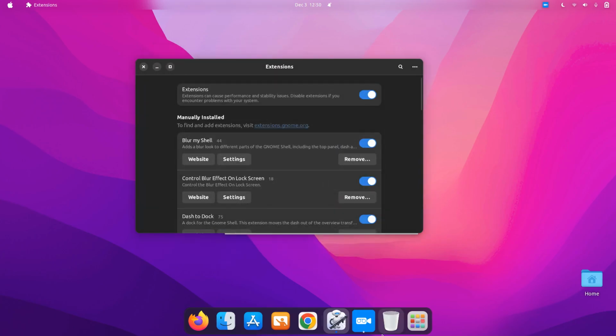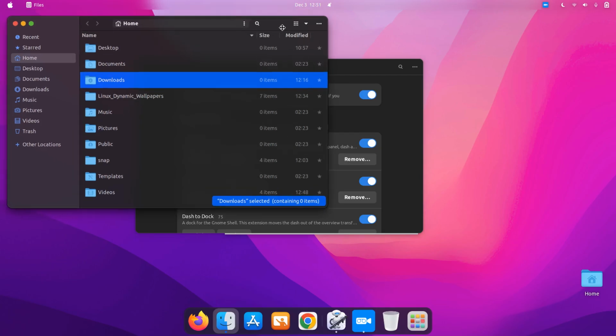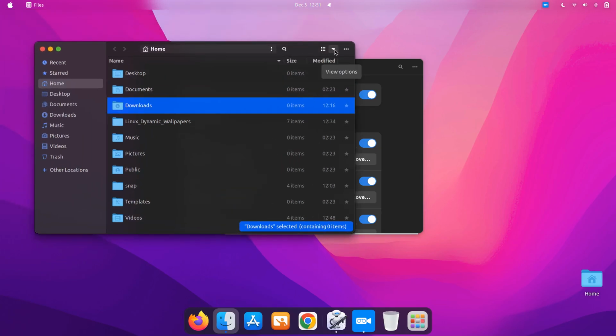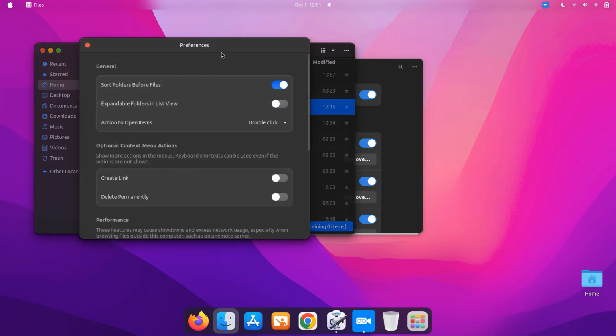Okay, so basically that wraps it up. Now we have one more thing. To actually be able to expand the folders like you would do in Mac, you need to change some settings in the file manager. So just go to the preferences of your file manager,